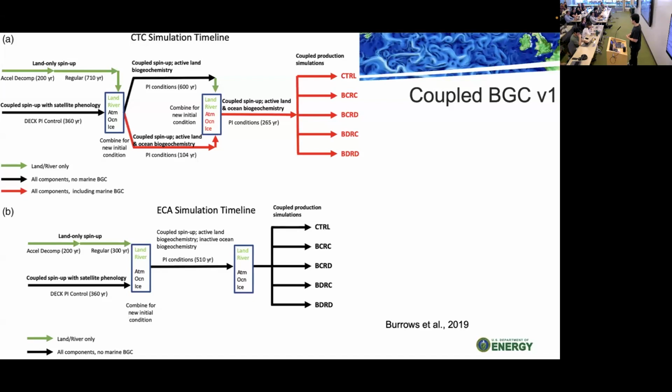It's diagnostic, so it's on, but it's not prognostic, it's diagnostic, meaning you have CO2 concentration as a prescribed field that continues to grow and increase during the historical period, and running into the future, you also have future prescribed CO2 concentration that imposes radiative effects so that you see the warming signal, and all the BGC calculations are based on that warming signal. And if you switch it, then you have BDRC, so you have the CO2 concentration feedback, but you don't have the climate feedback. And also the full version is BDRD.